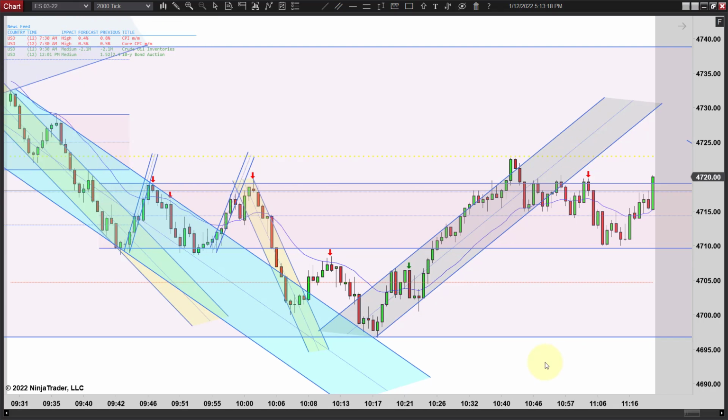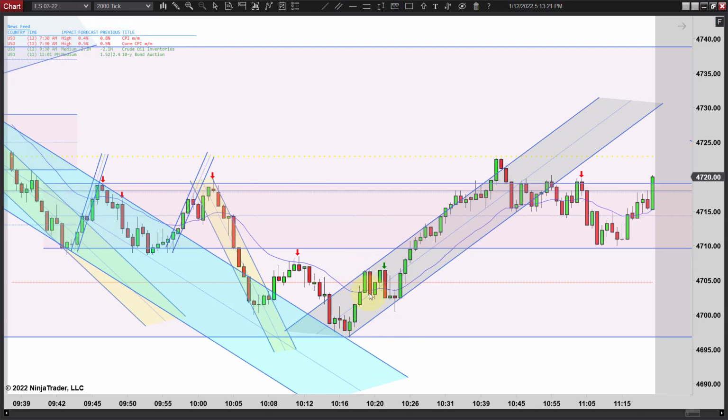I marked this one green. Notice the new low, and you get a first entry and then a second entry, and look how bearish that bar is. It's a little bit sideways, but I don't really see that as congestion. There's not until this bar actually formed, and you would have been entering on the break below that. There's enough room to scalp out there, even on what you see,